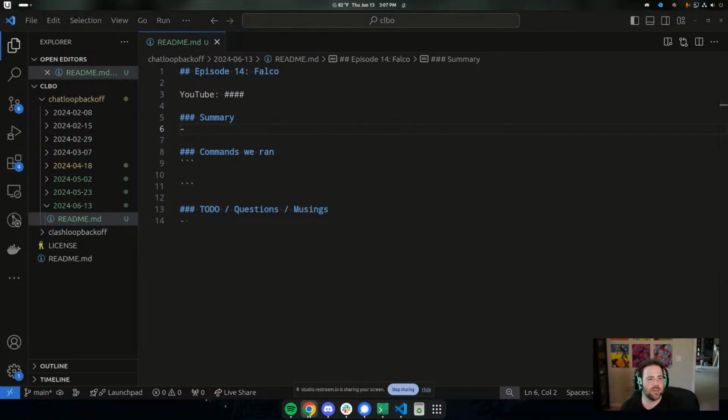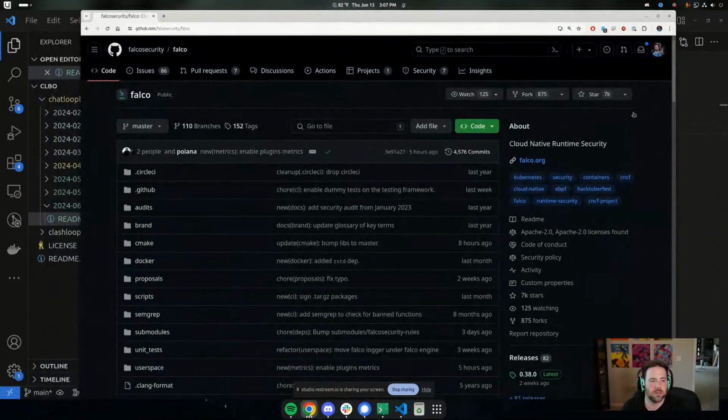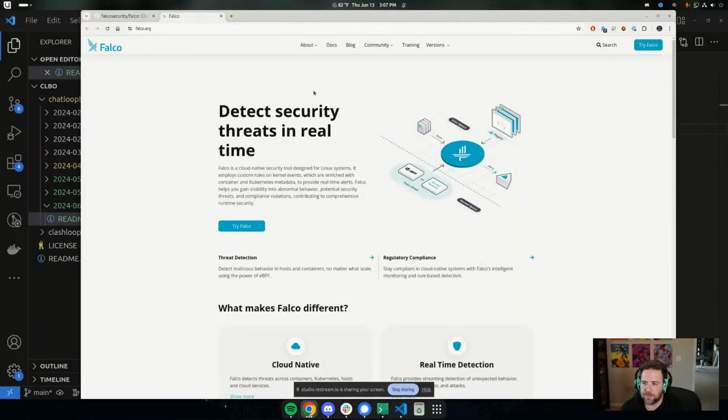But let me open up Chrome and open up their GitHub repo. Yep, that looks good. All right, so cloud native runtime security. What does that even mean? Falco detects security threats in real time. So